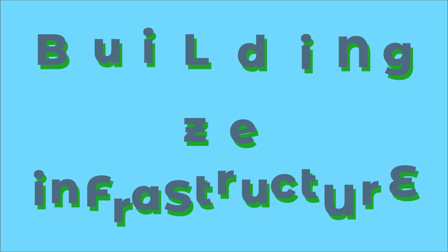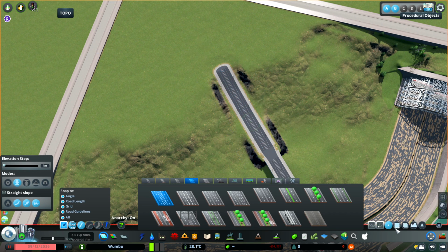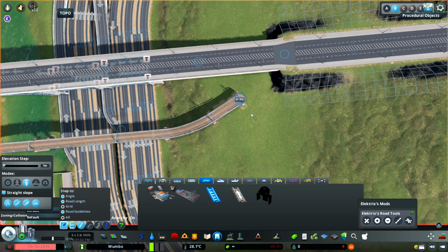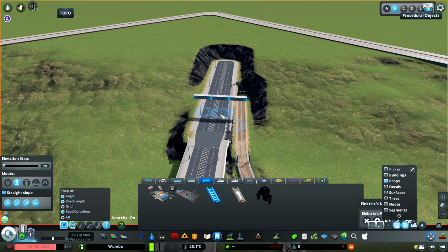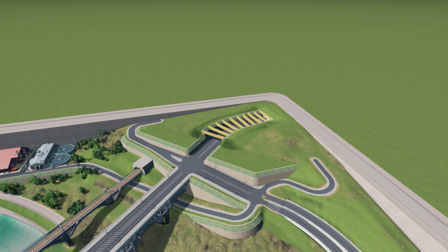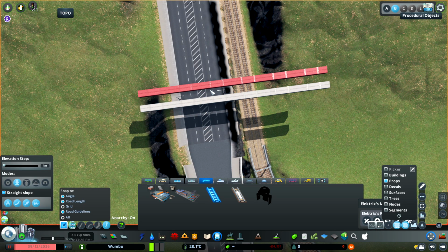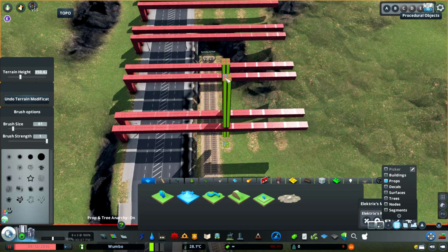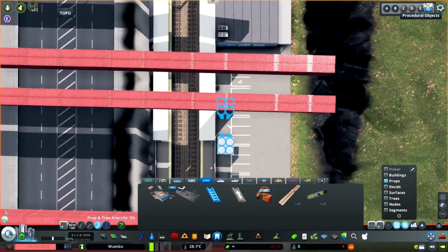Building the infrastructure. Archbridge Road digs into terrain, and I reintroduce the rail bridge I placemarked last time, doing an S-bend to follow the same course. Lateral decorative pillars overhang like they did on the other side, in pairs this time, separated by larger gaps. Unlike last time, the pillars protrude the terrain with freestanding supports at a width determined by the outer edge of